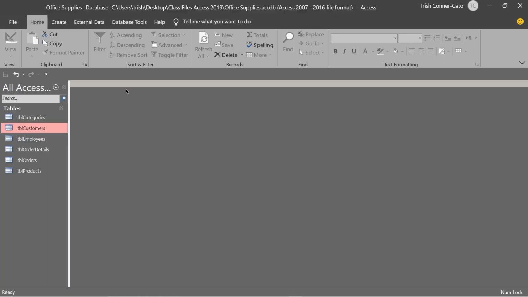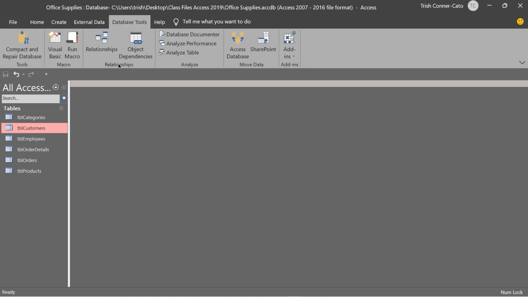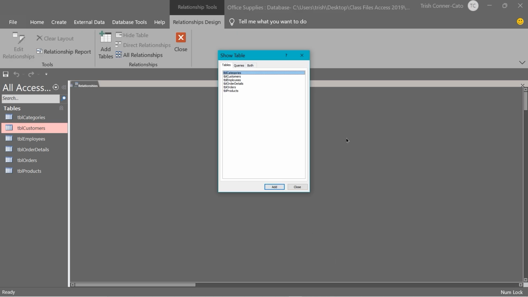So in Access, we're going to go back up to the ribbon, and we're going to click on Database Tools. And in the Relationships group, we're going to click on Relationships to bring back the Relationships window. So the thing is, we don't have any tables in our Relationships window at this point because we haven't created any relationships. So the first thing that happens is the Show Table box comes up,